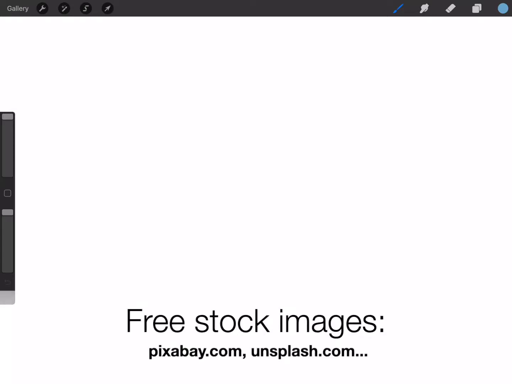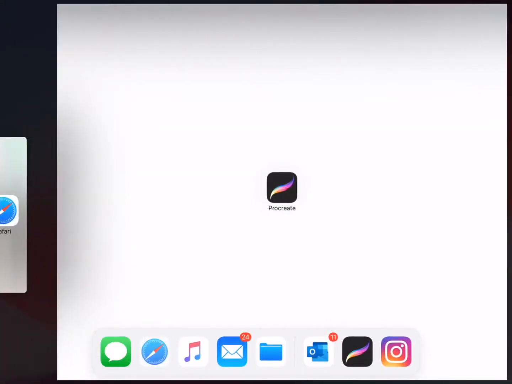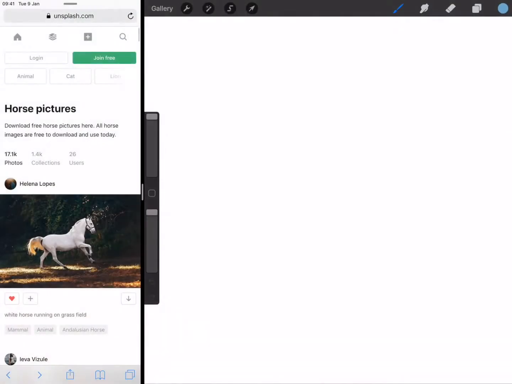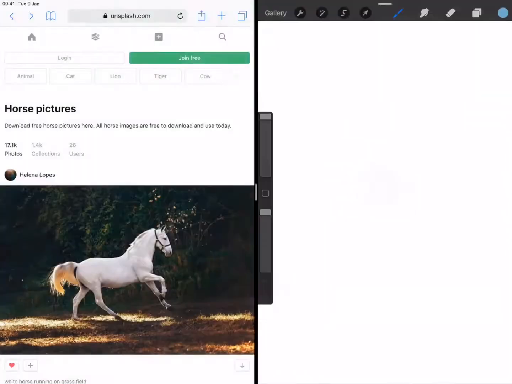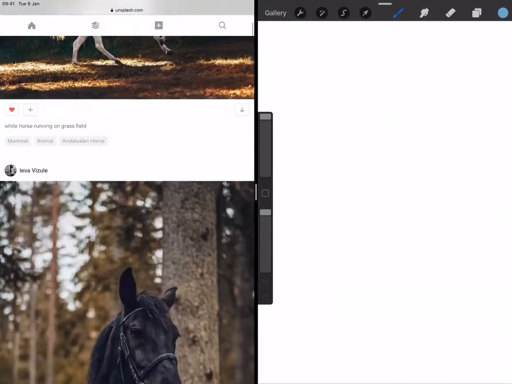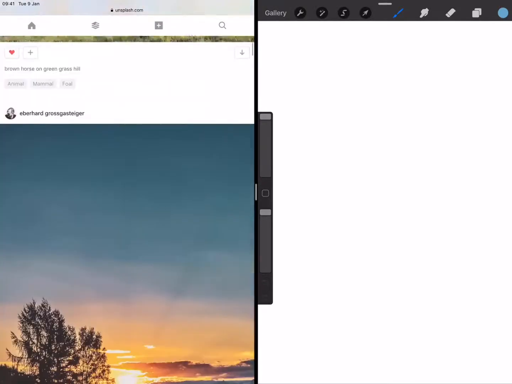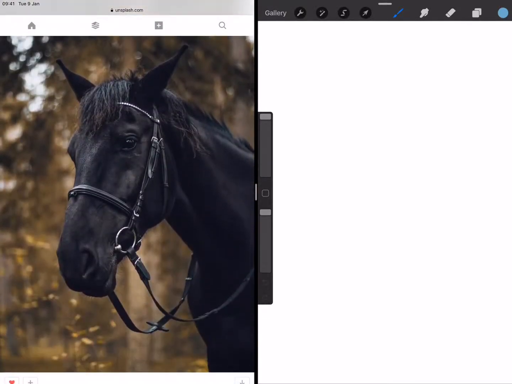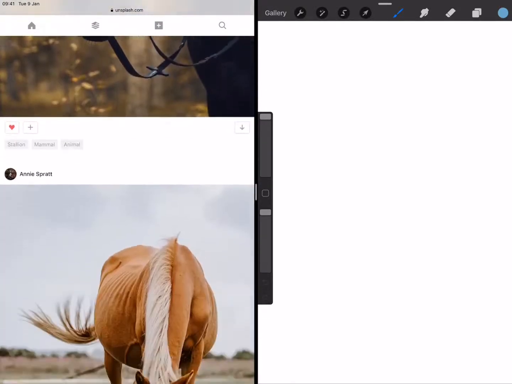The first thing I do when I have to draw something that I do not master is to make a study of it. I usually go to Unsplash or Pixabay and select a few reference images from there. So let's open Safari in split view by dragging the icon here. And, well, unicorns are basically horses with a horn, so let's drag and drop a few pictures of horses into